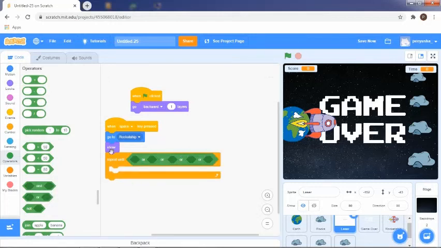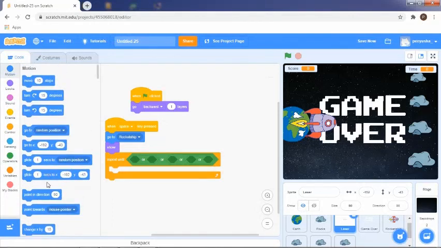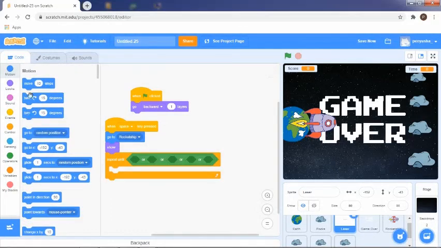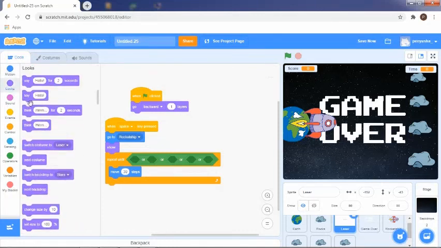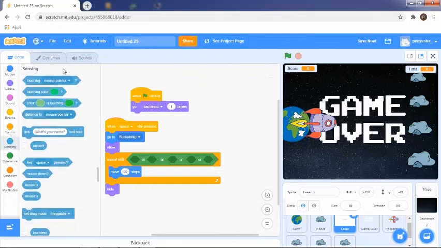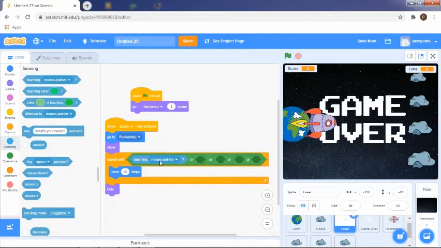So yeah, now instead of change, let's make it move. Instead of 10, let's make it 30. And then go to looks and hide. Okay, now it's supposed to repeat itself until it is touching the edge, or if it's touching the rocks,